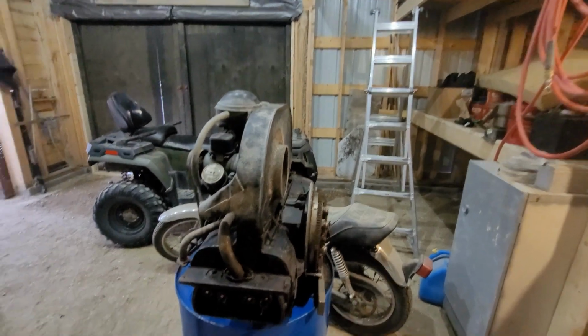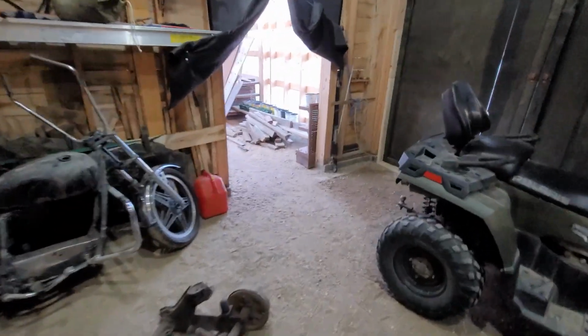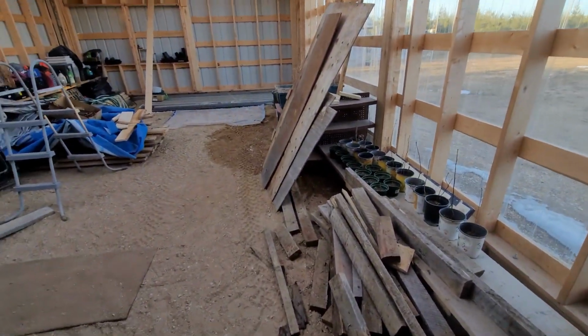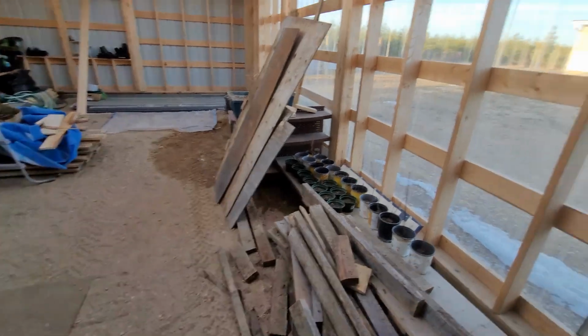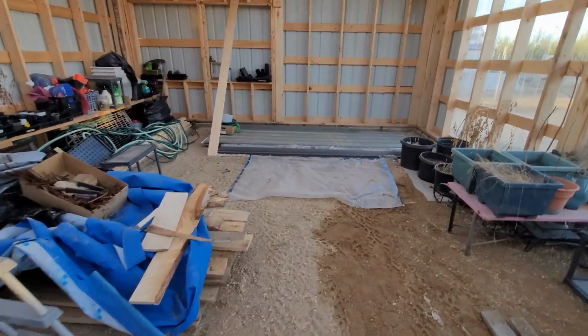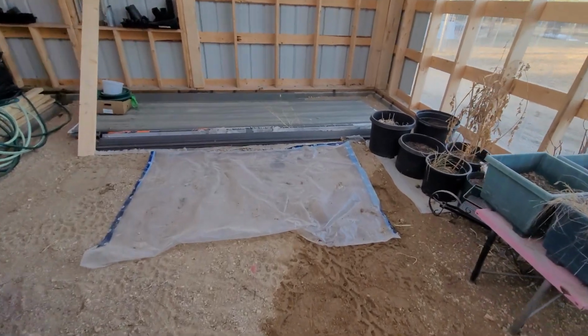Well, it's now another weekend, slowly moving stuff out of the greenhouse, and there's no snow no more. Well, a little bit. But yeah, you can see the snow is pretty much gone, starting to clear out this area, because I've got to get some stuff in here soon, but